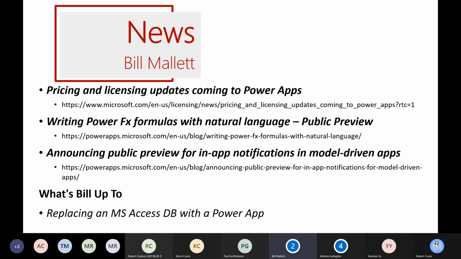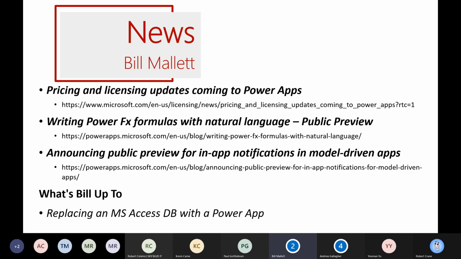Now, having done that, if you can update your data into the Dataverse and do your model-driven app, you've immediately done what Andrew was talking about before, and that is to modernize your app. All of a sudden now you have an app that is secure. Like, I'm not sure if you've worked on MS Access databases, but they're very limited in their security. They become secure because you can make access via your Azure Active Directory. It becomes available everywhere.